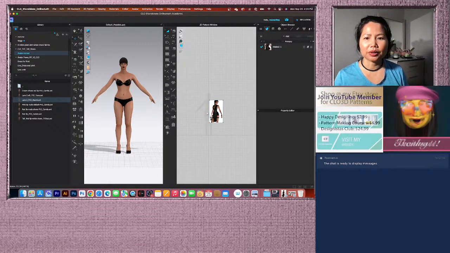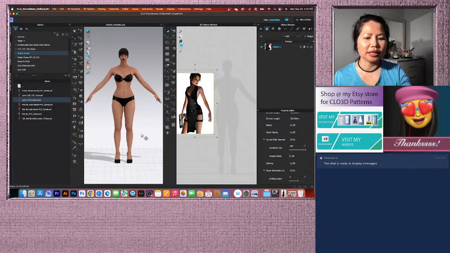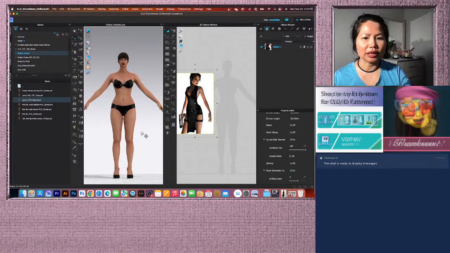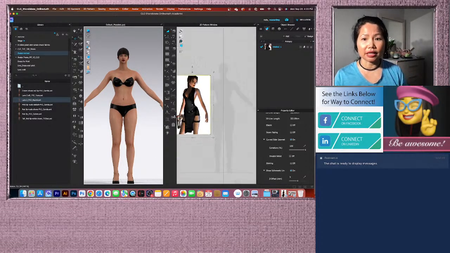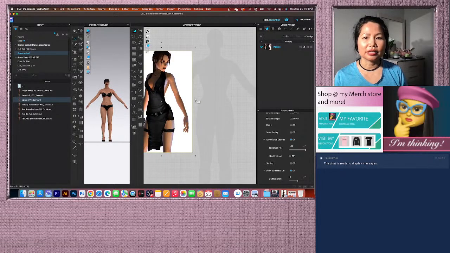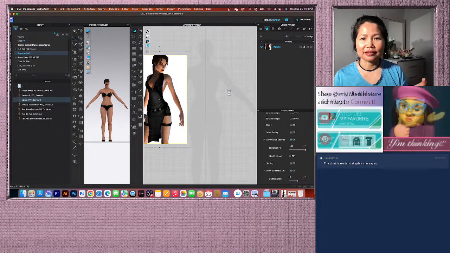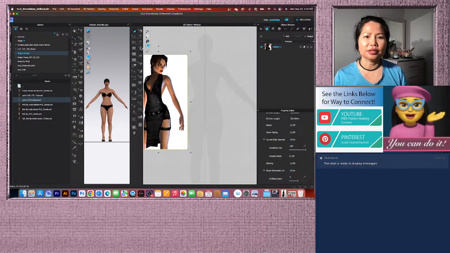Okay, I'm going to simply move this. So, first of all, guys, this is going to be fun, and we don't really care much about accuracy for the measurement, right? Because I'm going to drape this garment, I'll show you why. Drape this pattern. Alright, so what we're going to do here, let's use this